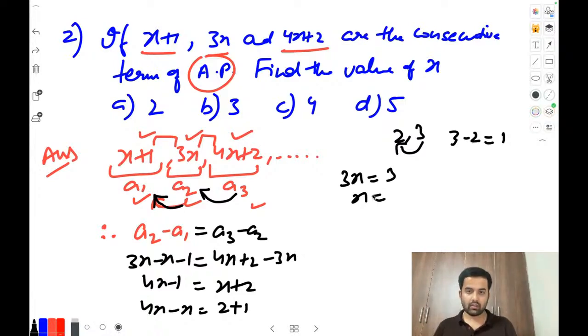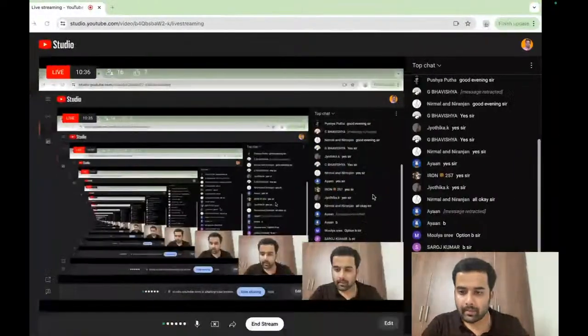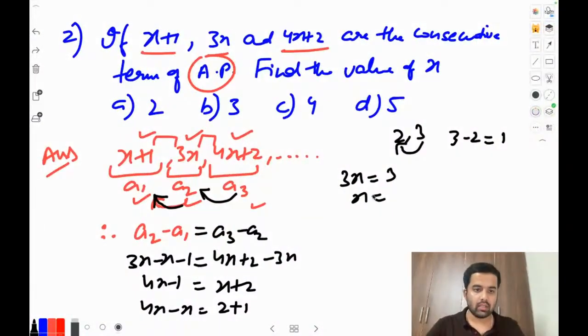Let me check, I just gave the proper values. Did I prepare the proper value here? 4x, okay, is it correct everything? Option B. Option B, you got it. Let me check mine now. Everything is correct. Did I keep correct everything? Where am I getting wrong here? 4x minus 2 minus 3x. Everything is correct.